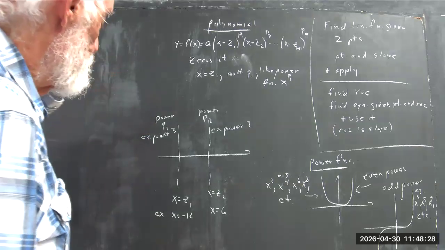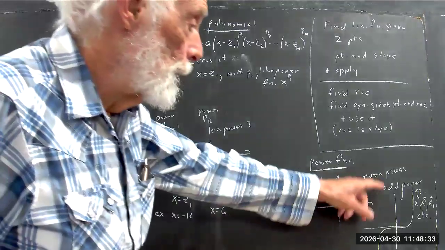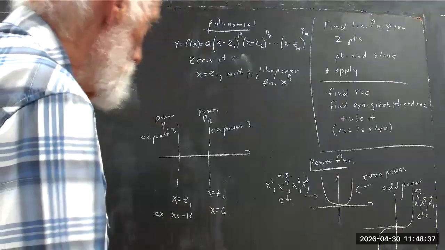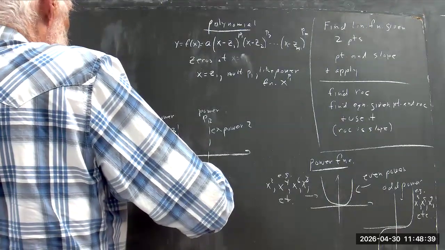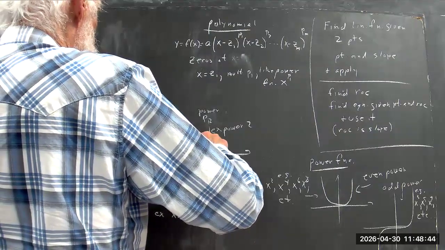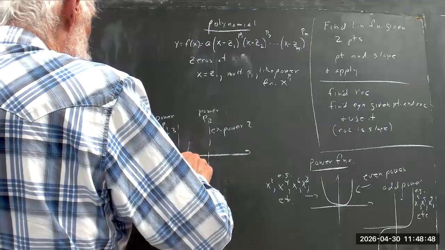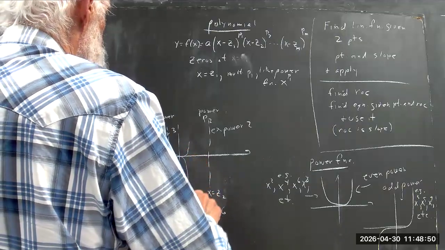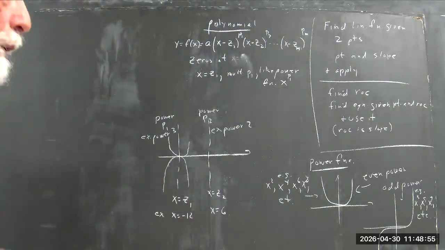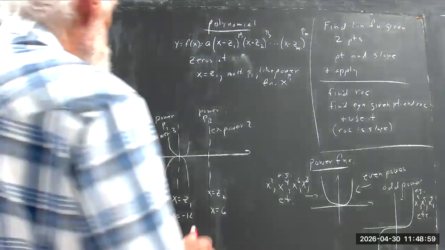Then, if it's power 3, that's an odd power. It's going to look like this when it goes through 0. Now, when I say it's going to look like this, I'm going to draw it very lightly. Or it could be upside down. So it's either right side up like this or upside down. We don't know which until we do the rest. And if it's power 2,